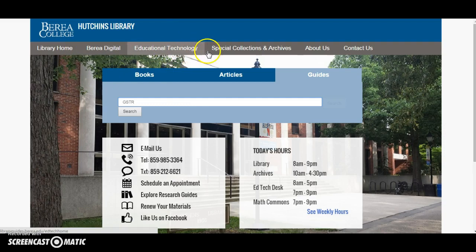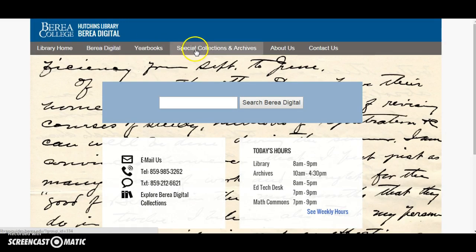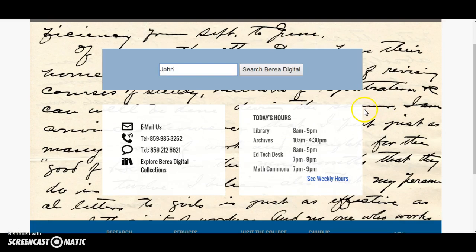Up here on this ribbon are tabs to all the other departments in the library. Patrons can come here to browse Berea Digital's collections. So here you could search for, say, John G. Fee